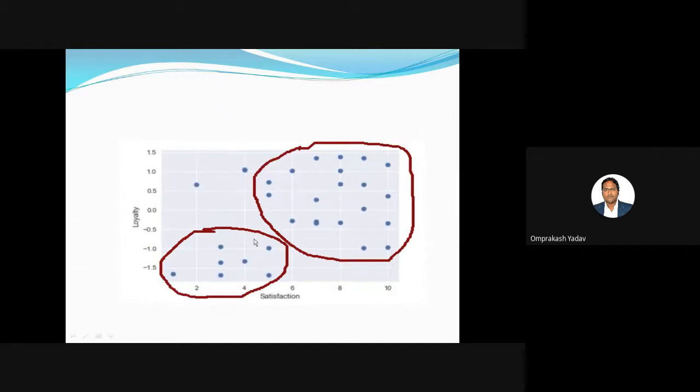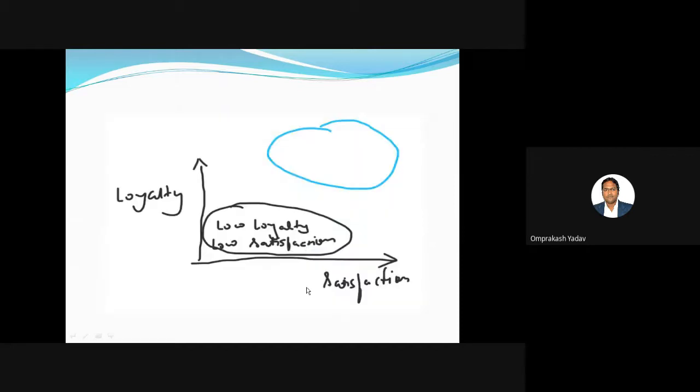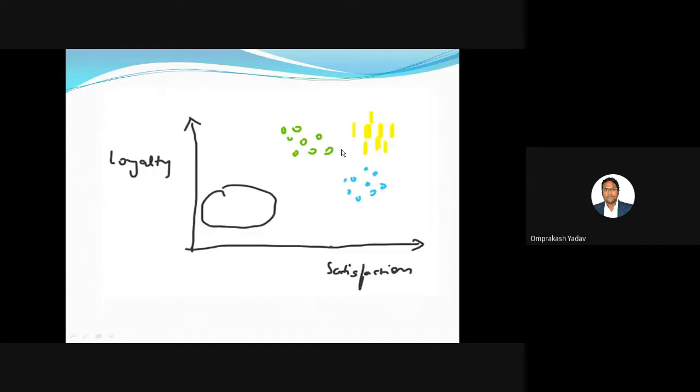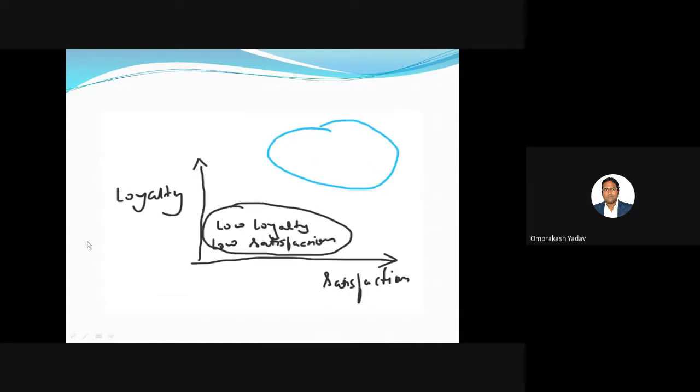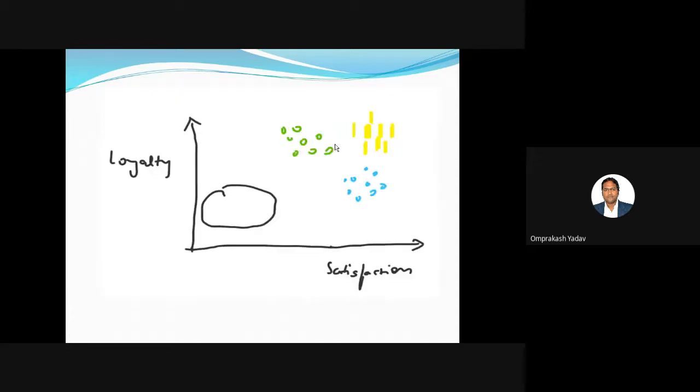We have the two clusters, as I mentioned. The first one is low loyalty and low satisfaction, and the second cluster is over here, which is high satisfaction and high loyalty. Now one thing we can observe, if we go deeper into the group that is highly satisfied and highly loyal, is that these samples can be divided into three parts. The first part is this one, which I have colored green. The second is in yellow, and one more in blue. So I'm just talking about that cluster.